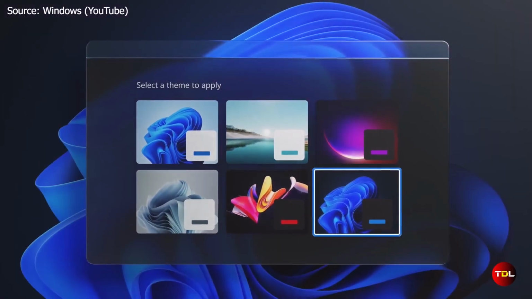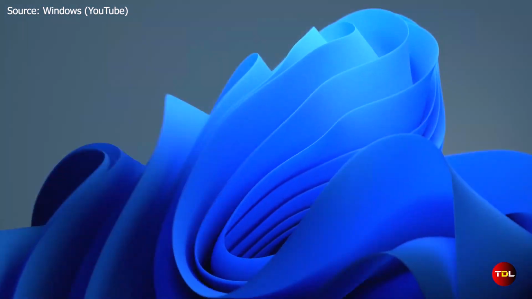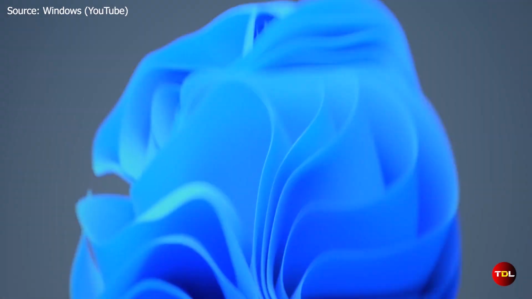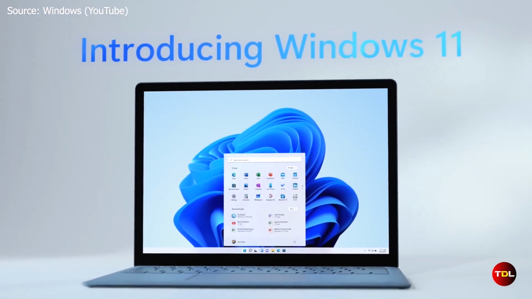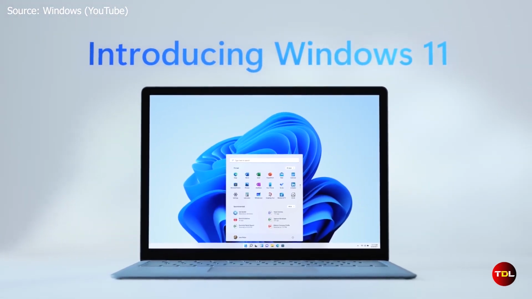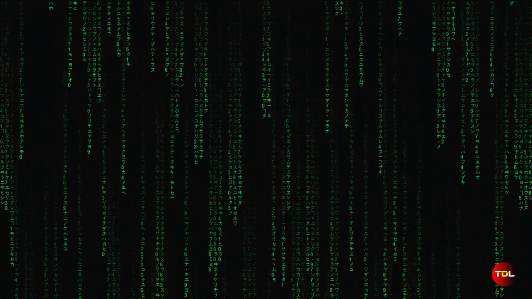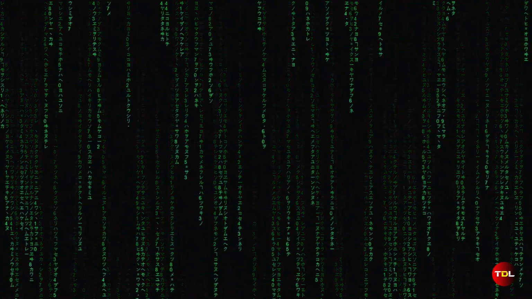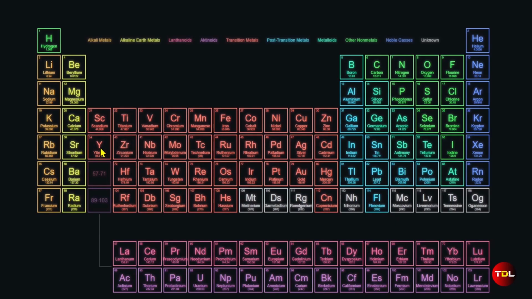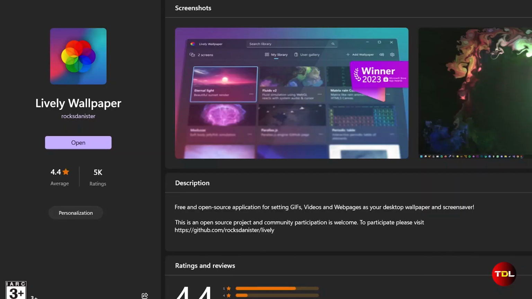Microsoft has brought many new features and enhancements in Windows 11, especially in terms of its user interface. However, one feature that is still missing from it is the ability to set live wallpapers on desktop. Live wallpapers are animated backgrounds that can make your desktop livelier and more dynamic. If you want to spice up your Windows 11 desktop with some cool live wallpapers, let me introduce to you